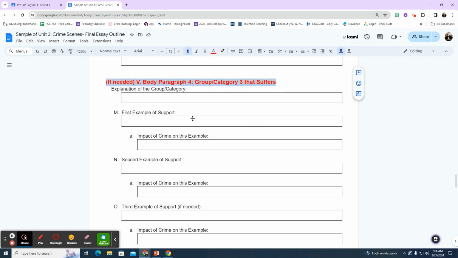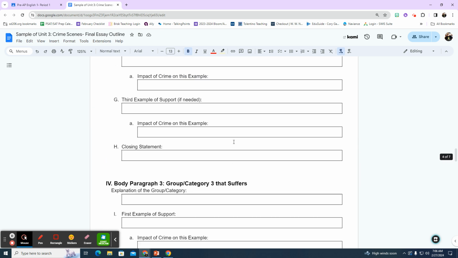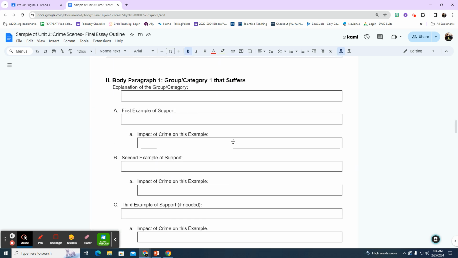And remember, you don't have to write a fourth one, it's if needed. However, if you want to write a longer, more full, or more detailed essay, one that more likely might capture that A or B, I highly recommend it. But it's not necessary. You can still get an A or B if the quality of your three body paragraphs are strong. All right, so let's just scroll back up here.